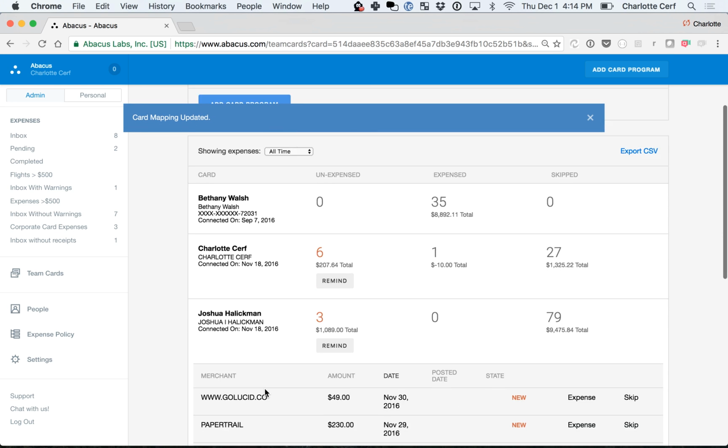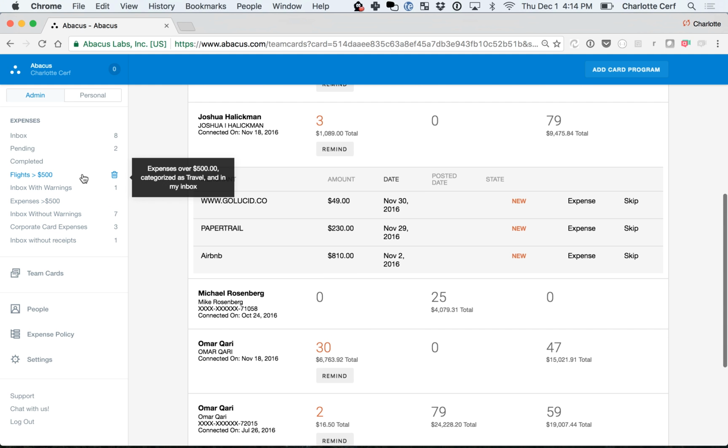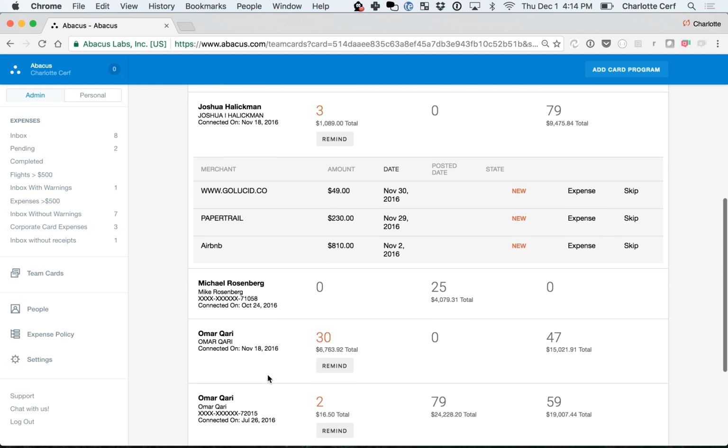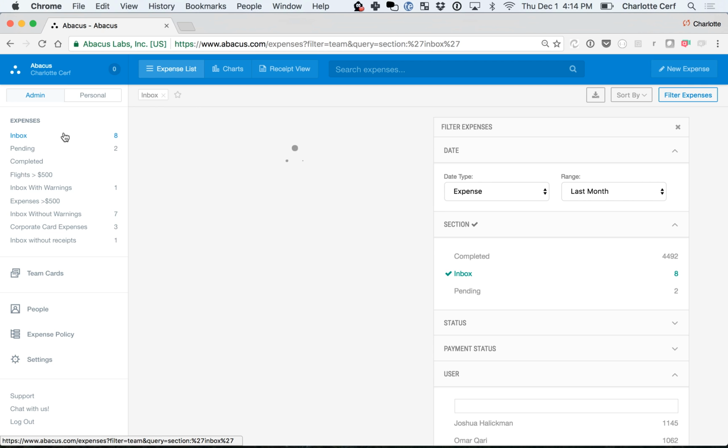All right, so now Omar has 2 cards assigned in the account, his old card and his new card. So to make it easier to know which ones in this list you needed to skip, you can also create a search and do a CSV export of all of Omar's corporate card expenses that have already been submitted, and that's how you'll know which ones to skip. So I'll go back to my inbox,